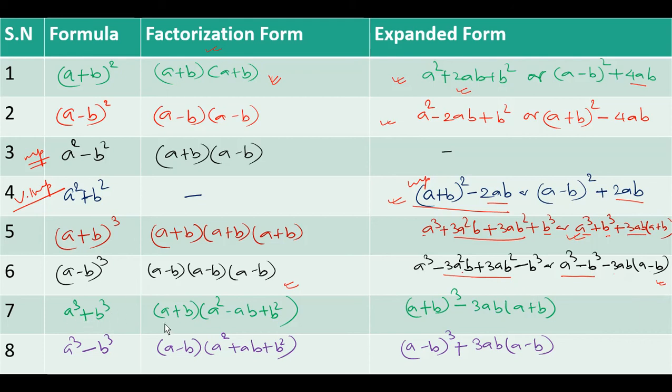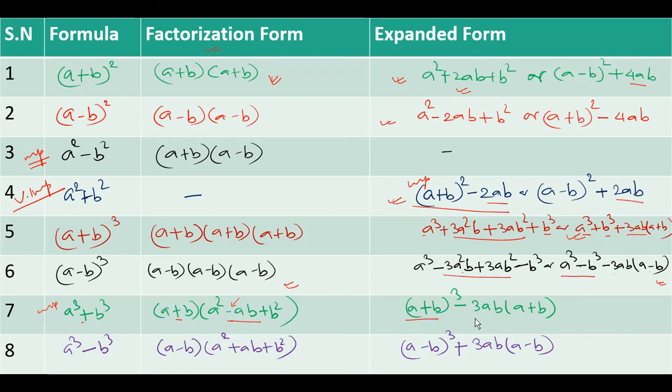Similarly, a cube plus b cube equals a plus b times a square minus ab plus b square. This is another important formula. If here is a plus sign, first is plus and second is minus. But don't forget, dear students, here won't be 2ab. Sometimes you may have confusion, some mathematical inertia, like the inertia you read about in science. Here we use mostly 2ab, so you may also write 2ab here. But please be sure that there is no 2ab in the a cube plus b cube form: a plus b times a square minus ab plus b square.